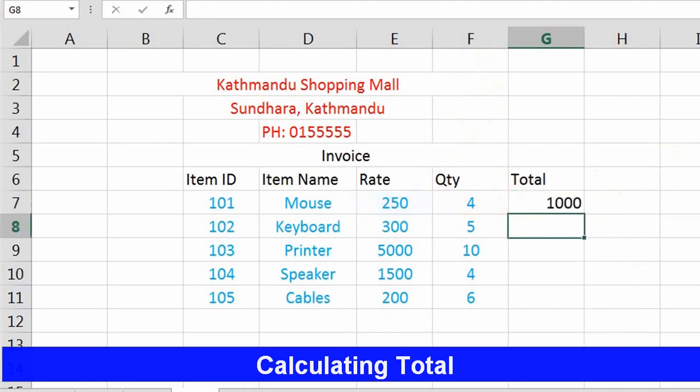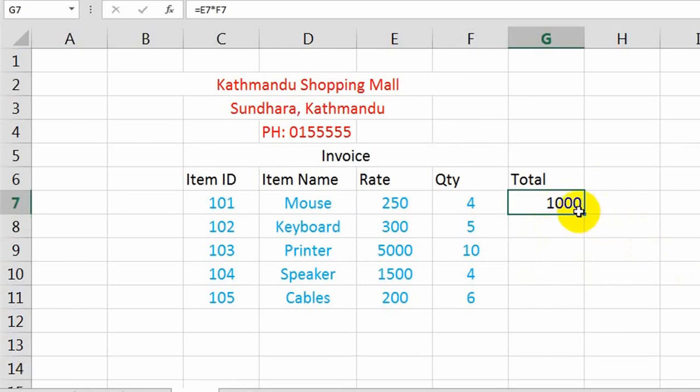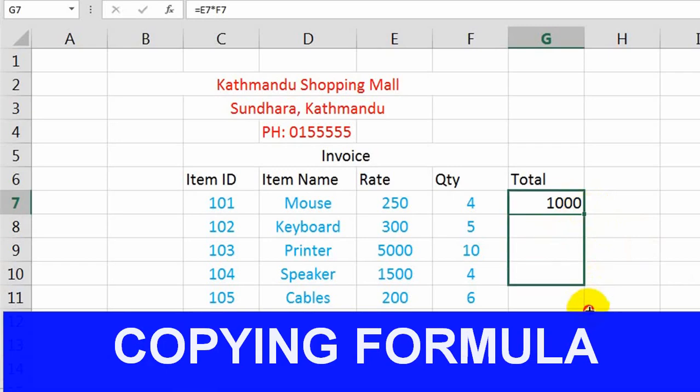Press enter. Okay, the output is 1000. Now to copy the same formula in other cells, just place your cell pointer on the corner of the cell. See, the cell pointer has changed into a small thin cross. Now hold your left mouse button and drag down. See, automatically values are calculated.